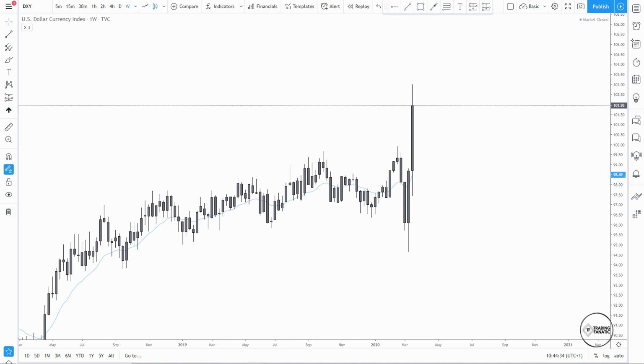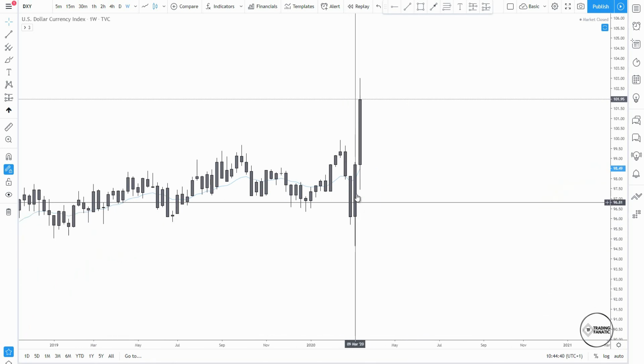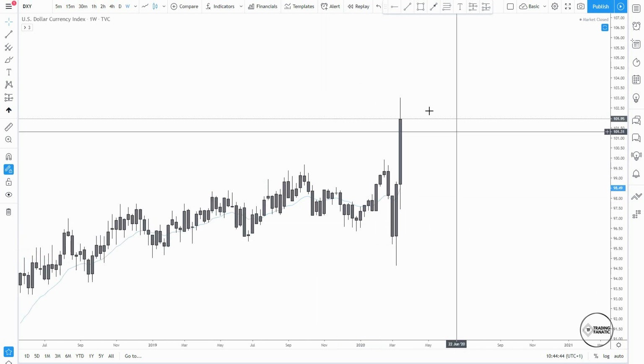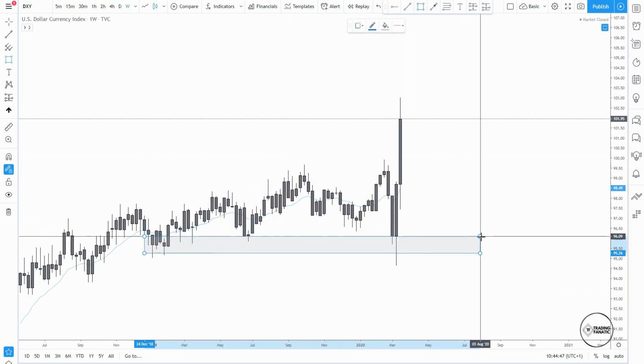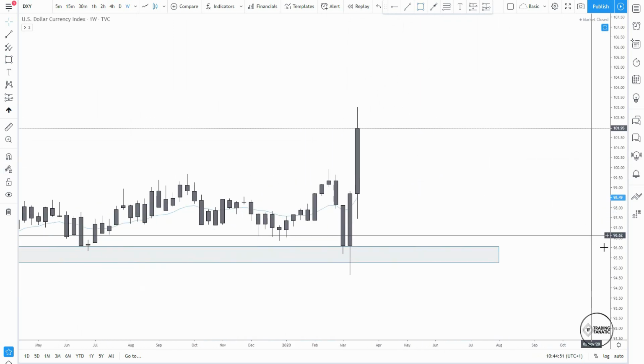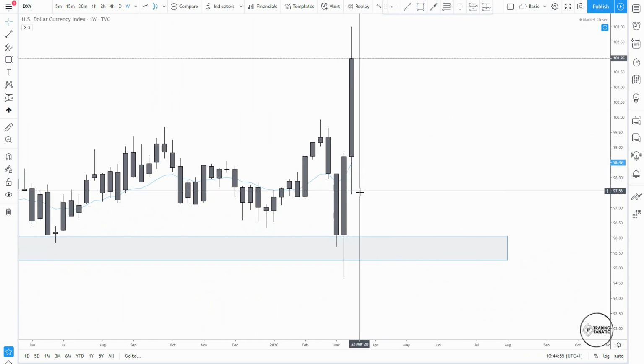As always, guys, starting from the DXY, the US dollar currency index. From the previous week, what we observed is that we had this pretty nice bullish engulf on the weekly time frame right here, when price plummeted to the downside to grab a little bit of liquidity and tap into this very strong demand zone. So this week, what did we have? If you pay attention to the price again, we had a little pullback at the beginning of the week